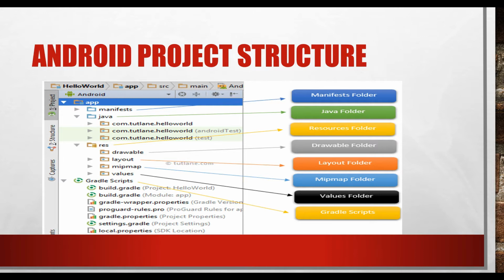The manifest file contains the app component details, the declaration of activities, what activities are available, and services, broadcast receivers, content providers. If an application is using any activities, services, broadcast receivers or content providers, that should be mentioned here. It is mandatory. For example, if your application is using 4 activities and you forget to mention one activity inside the manifest file, the application will crash whenever you launch it.